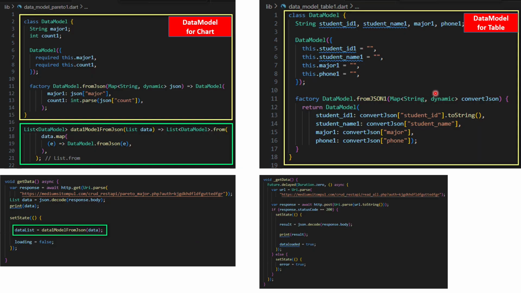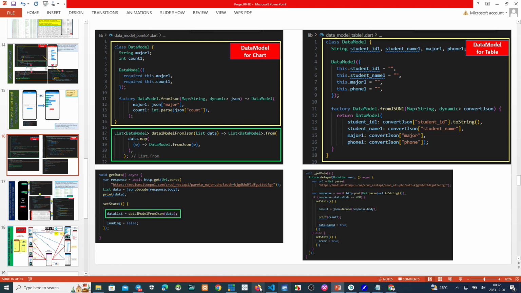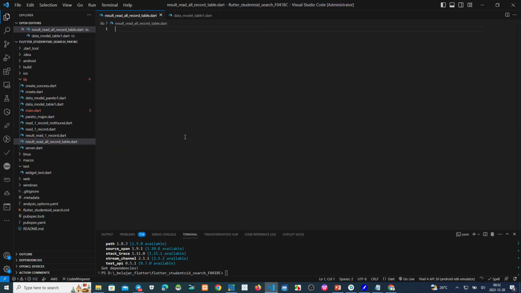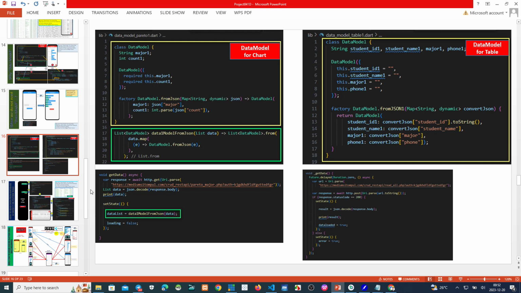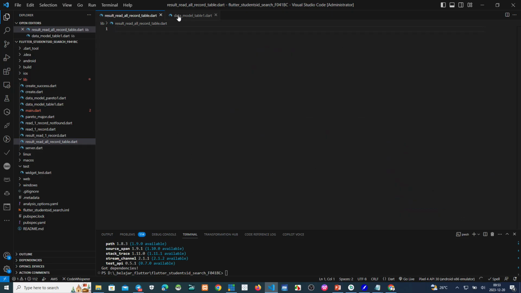Okay, now we make the coding. The first one, we must make a data model like this one.